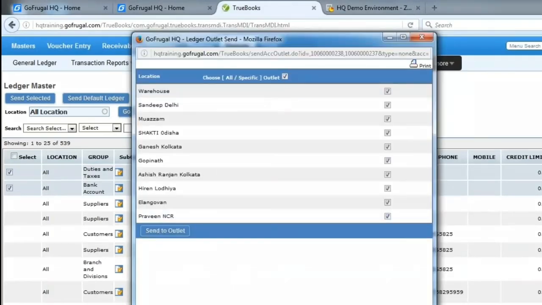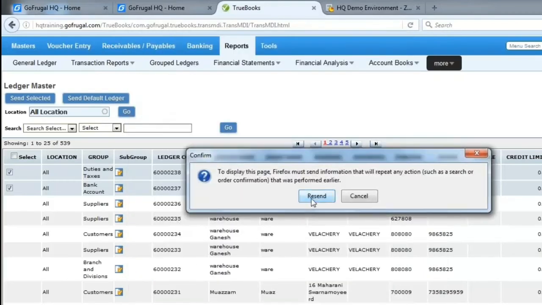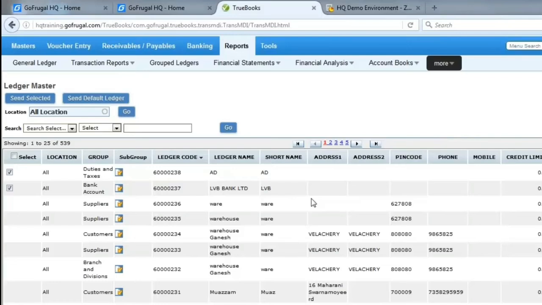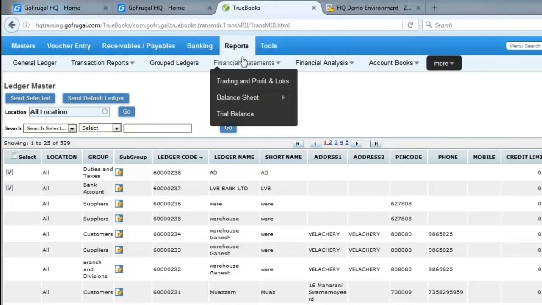Select all outlet and send. So there will be some set of expenses standard for all outlets. So those kind of expenses they can create centralized and push to all outlets. So it is easy for us, everyone can do the payments easily in the specific ledger.